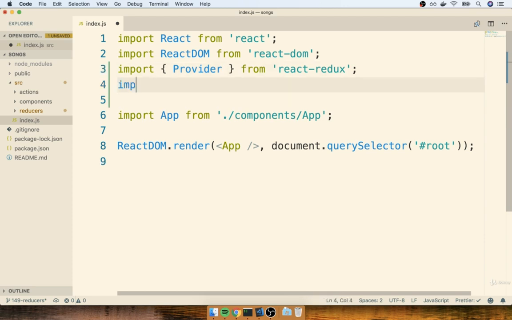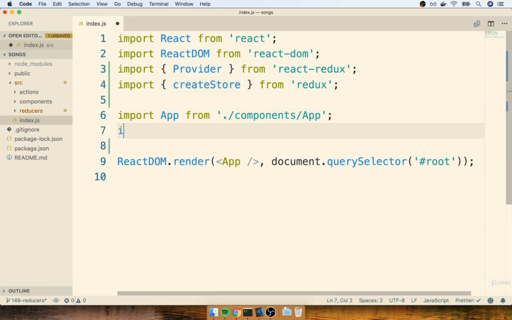Next up, I'm going to also import the createStore function from Redux. This is the same function that you saw a little bit ago over on that CodePen example. We had passed createStore our set of reducers, and it returned back to us a Redux store that contained all of our reducers and all of our application's data or state. And then finally, underneath my App, I'm going to import my reducers from the reducers directory like so.